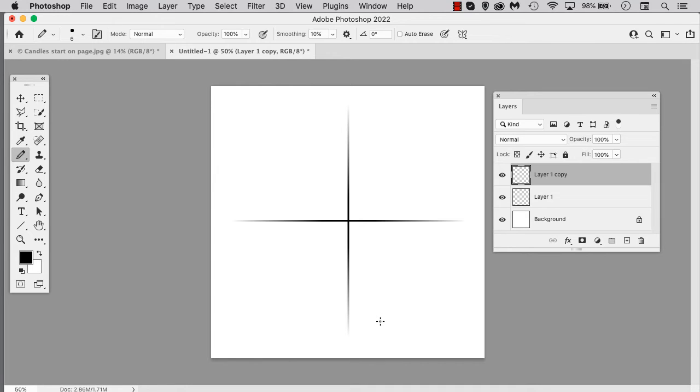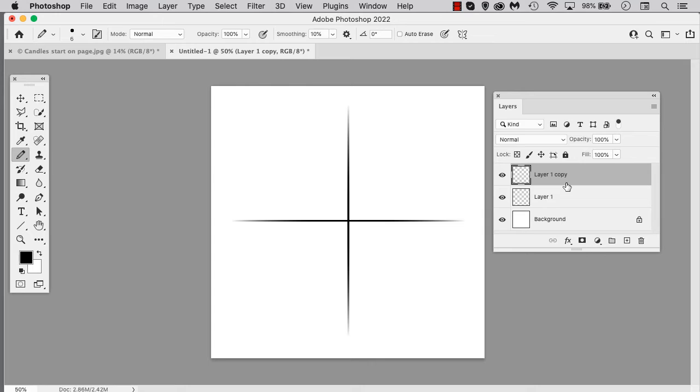What you want to do now is actually merge these two layers together. And the shortcut for that is make sure the top layer is selected, then hit Control or Command and E on the keyboard. That puts them both into one layer, and we've got now our cross floating on its own separate layer. We're going to duplicate this cross now because at the moment we've got a 4-point star and we want an 8-point starburst. So we're going to hit Control or Command and J once more to duplicate the layer,